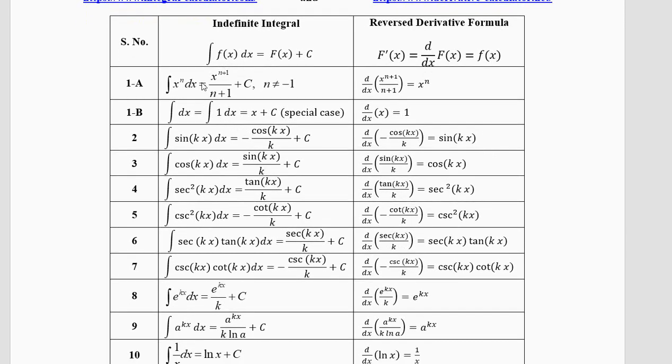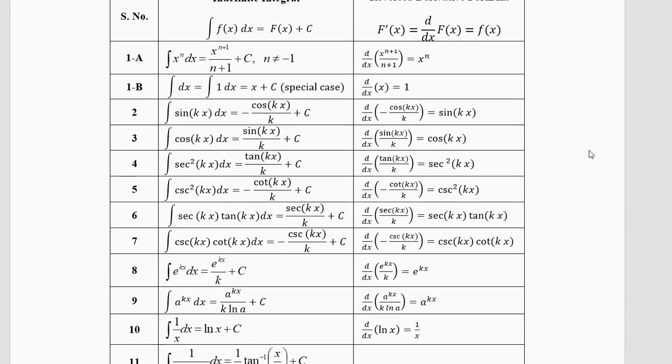Then we have a special case of the first formula where n equal to 0, you will get x power 0 equal to 1, x not equal to 0. Okay, 0 power 0 is not defined, so we'll get 1 dx. Sometimes this 1 is written, sometimes the 1 is not written. Here I have written it for your understanding. So integration of 1 dx is x plus c. This is the special case of 1a. In many books, they will just write the first formula and you have to figure out for n equal to 0. So there will be no 1b in some books. They directly give the 1a.